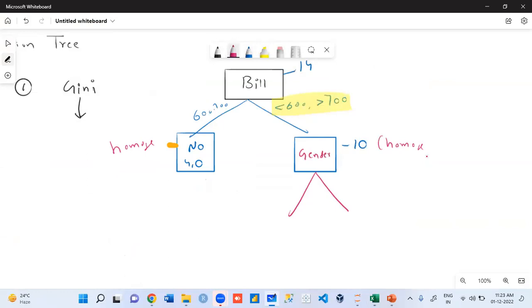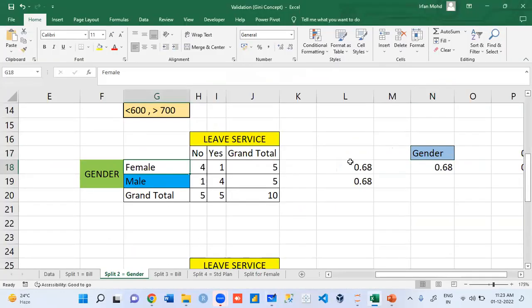Now looking at this, Rishabh, gender how many levels we have?